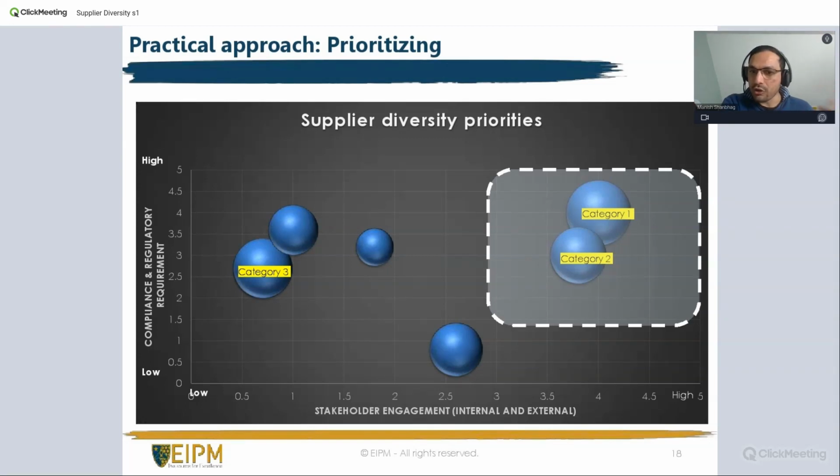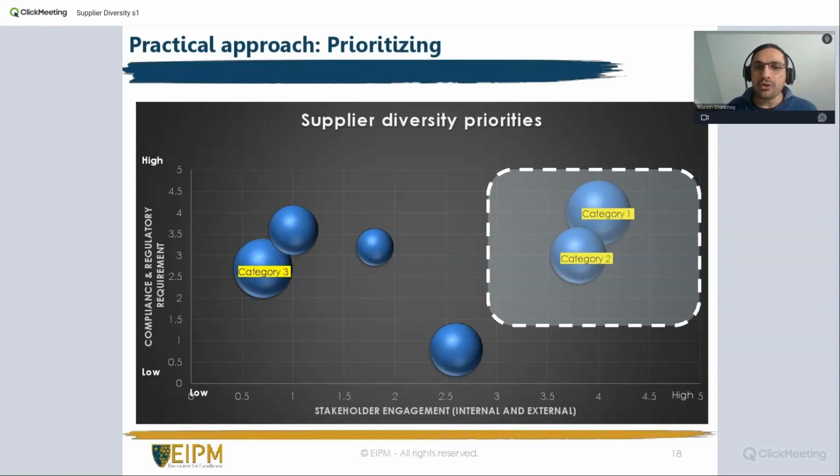What about when I talk to my internal stakeholders, when I talk to my external stakeholders? Do I have enough suppliers in this particular category? Do I have enough internal support that I will have? So I just plot this. The size of the boxes are purely the spend of the categories. So the larger the spend and the smaller the spend is defining the size.